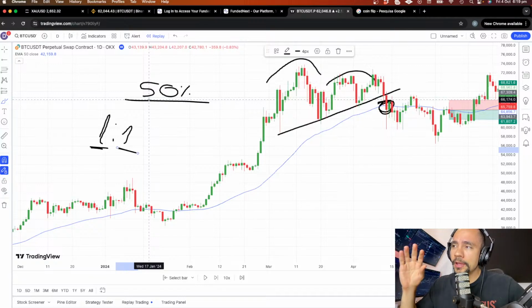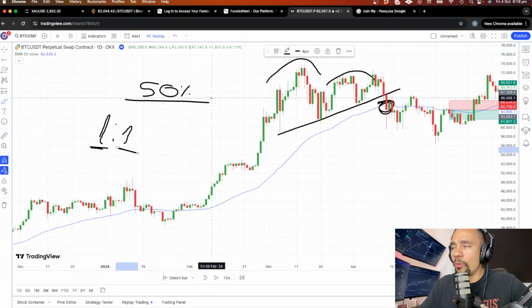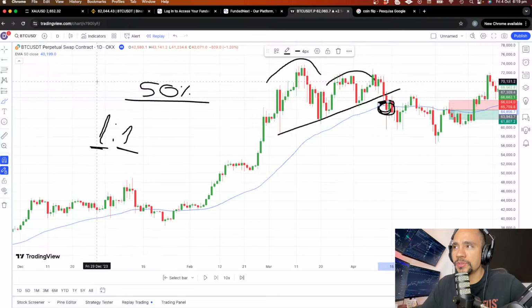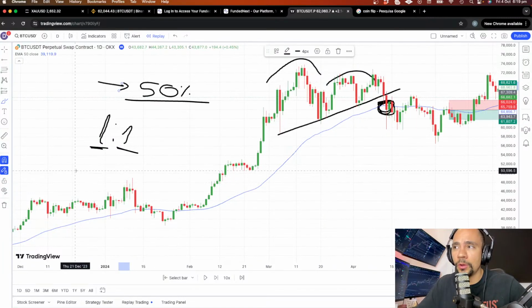But don't complicate it too much, okay? I'm going to play very simply, but if you have any questions, please ask in the chat. I'll be more than happy to explain again in a different way. But what I'm showing here is that this trade doesn't have a 50% probability of winning. If you are an advanced trader, you would know that. Therefore, you would probably pass on the trade because you are on a 1-to-1 risk reward ratio, okay?